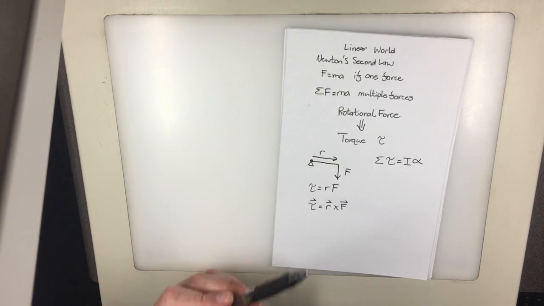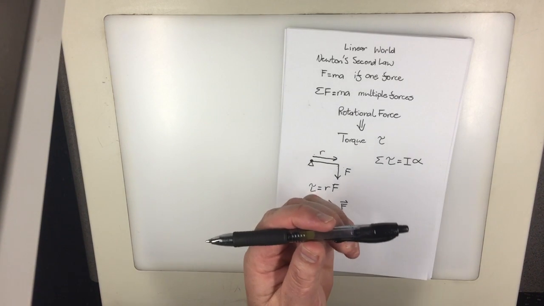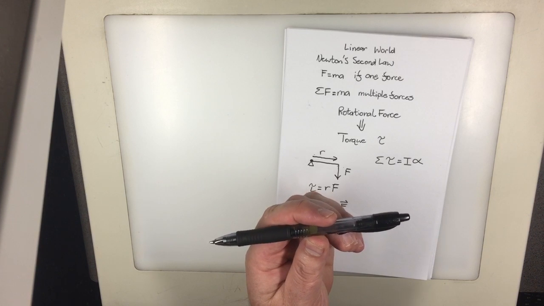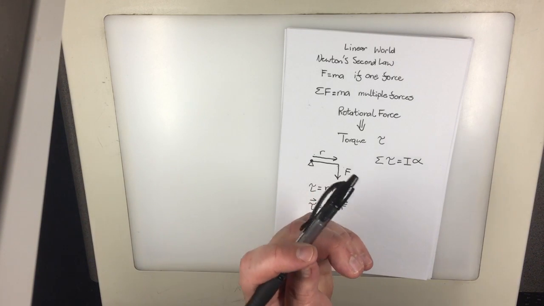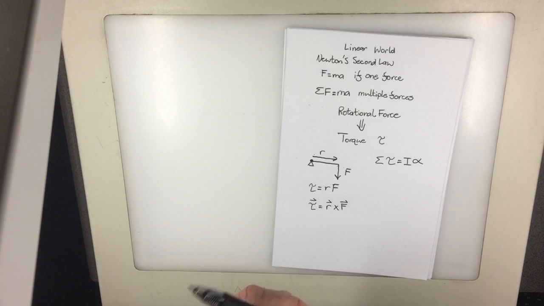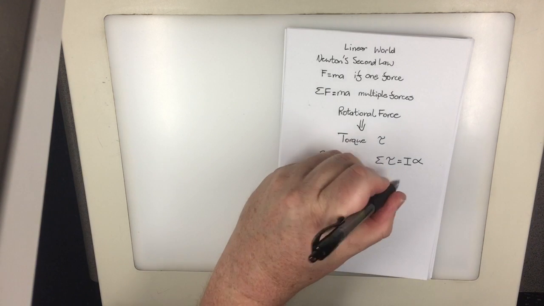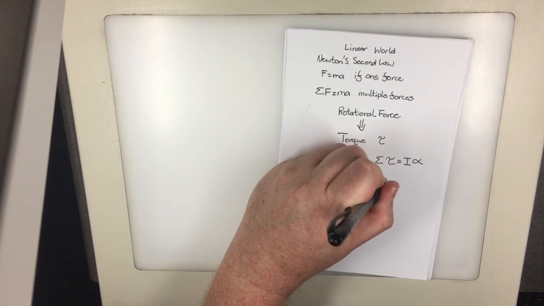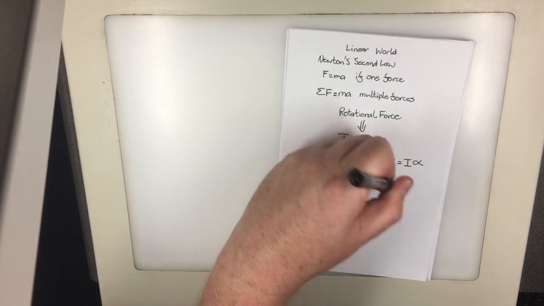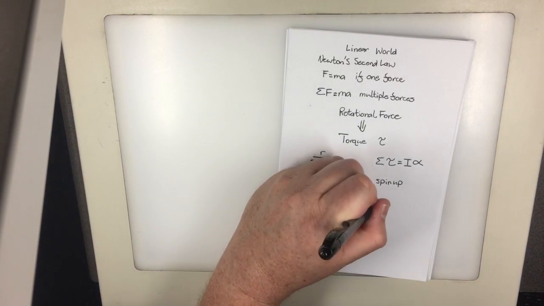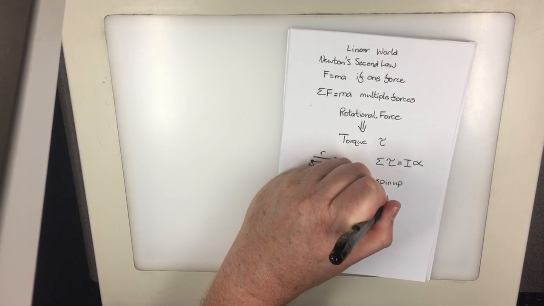So if you've got a torque, this pin will start to rotate faster and faster and start spinning. The terms that I use are spin up, as in rotates faster, and spin down,